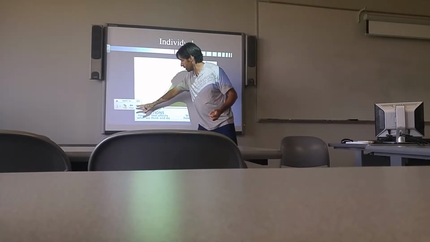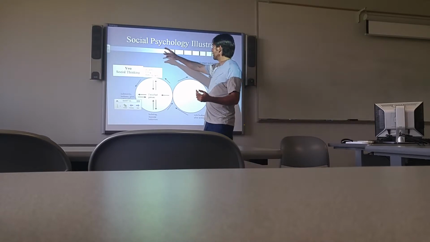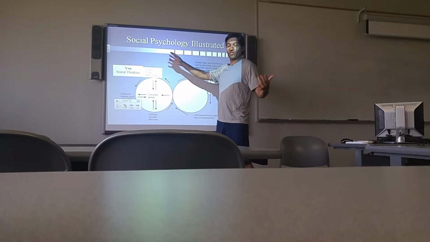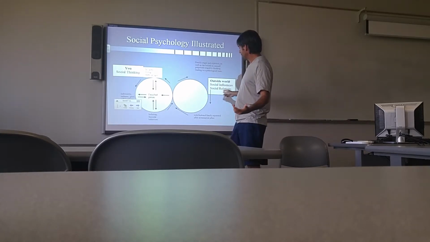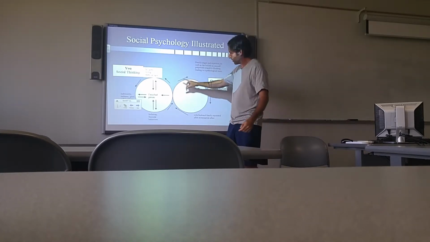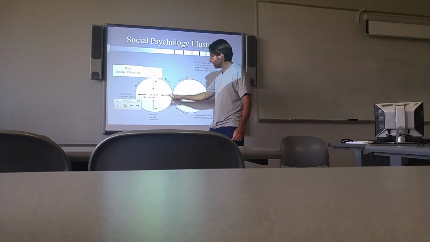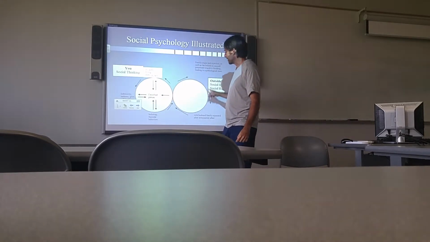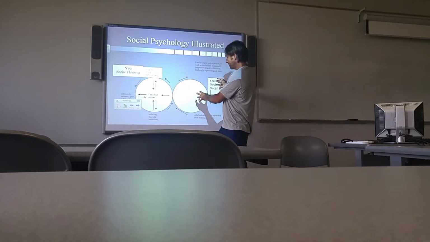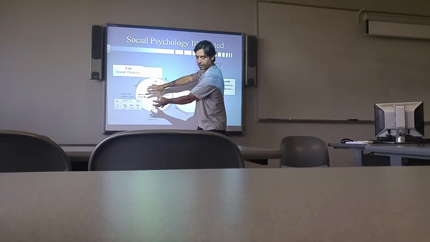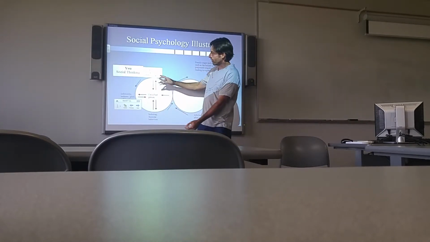So on another level, you can understand it like this. So let's put it in illustration. Social psychology illustrated. So the outside world would be this circle here, and this is going to look like, if anybody's ever seen an infinity symbol, it kind of runs around like this. And so our outside world has influences on us. So this would be us, an individual over here, one person. And so that person has